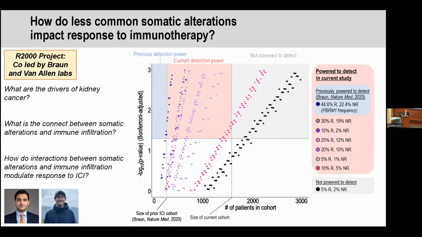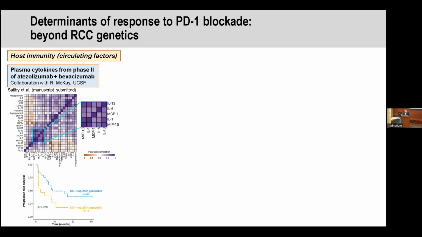And as we think about these, it's important that we're obviously tumor focused, but also integrate what's happening in the host immunity as well. For instance, circulating soluble factors in the plasma or circulating immune cells. And so just a little bit of a hint of some of the things that we've been working on over the past year. One is a partnership with Randy